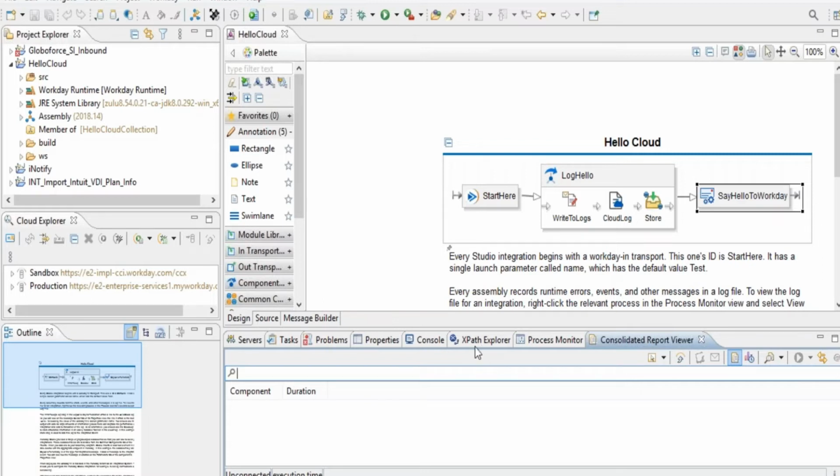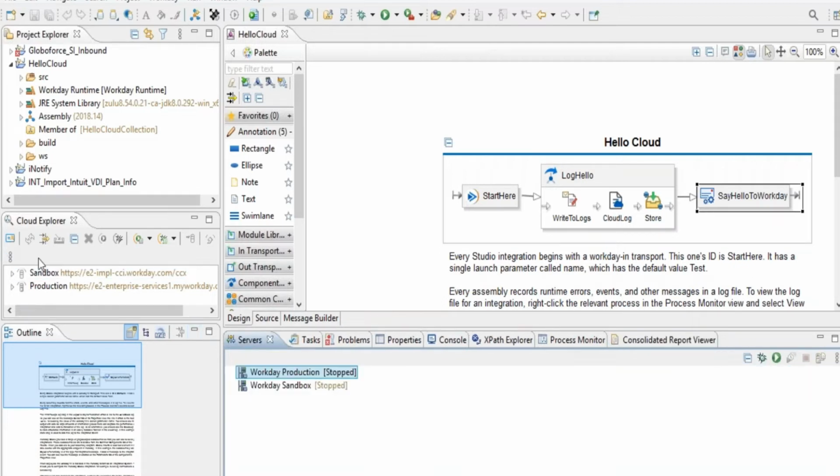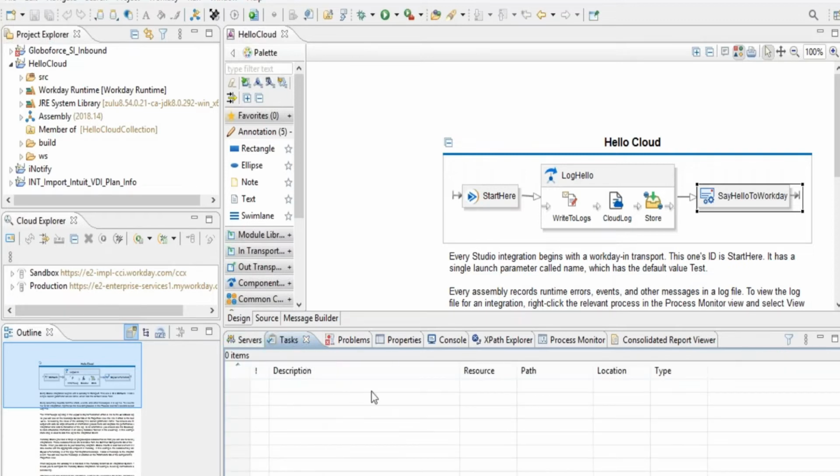So what is the servers tab? This one. It is the same as what we see over the tenant here only. Servers are tenants. And then what is tasks? Tasks will just show if you have anything related to that integration, if you have anything pending, it will be shown there, anything which is required. And problems is